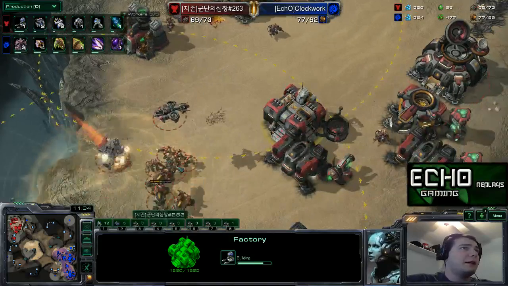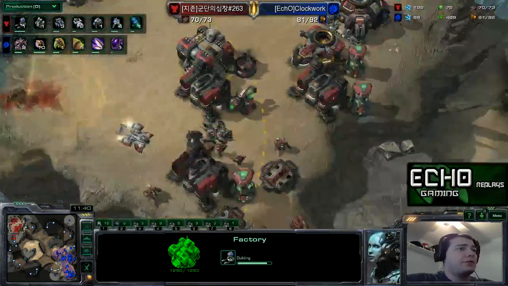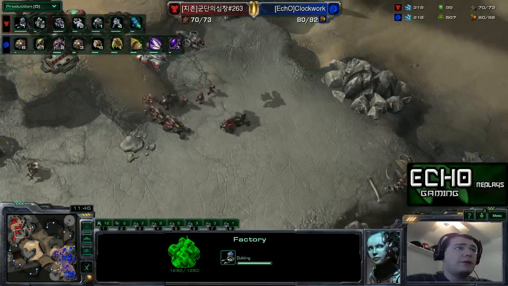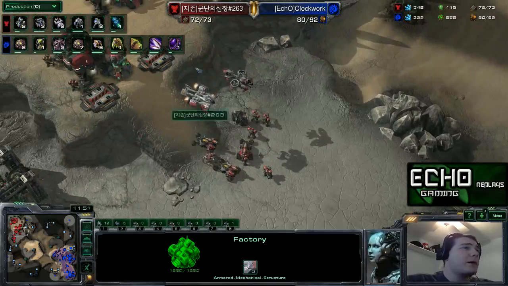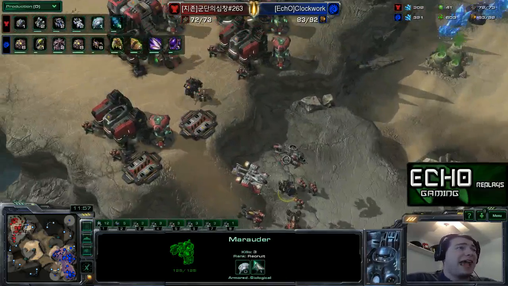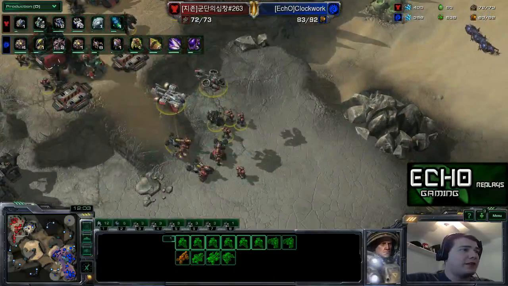Really nice split here by Clockwork, making it so his roaches were out of range from a single scan, forcing a second scan. And remember, those scans, that's a mule, and a mule is 300 minerals, so those are very, very expensive roaches for 263 to deal with. Ultimately, his ground force is in tatters. I mean, it's an incredibly paltry amount of ground forces, but I think it's going to be enough to defend